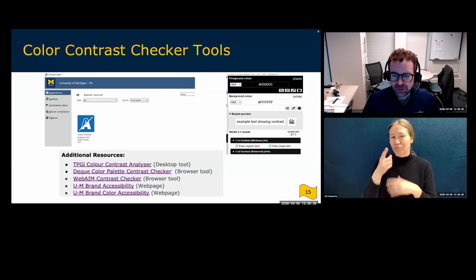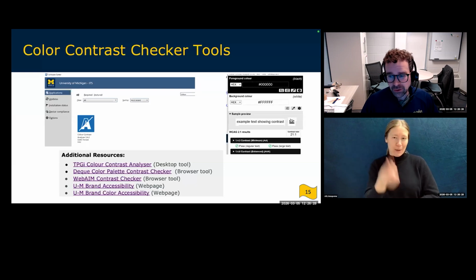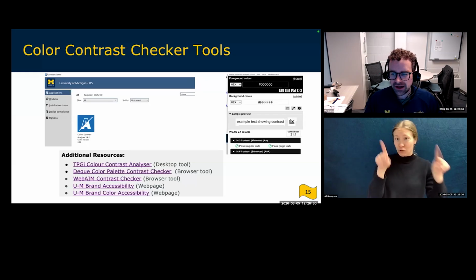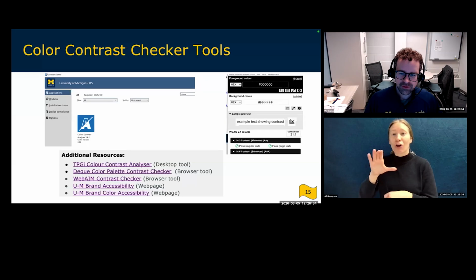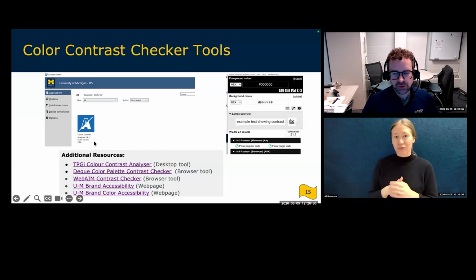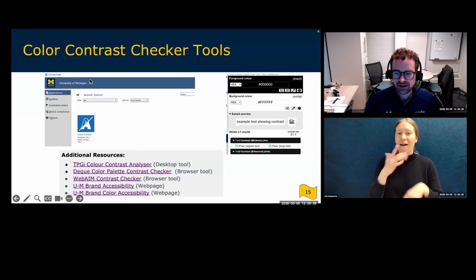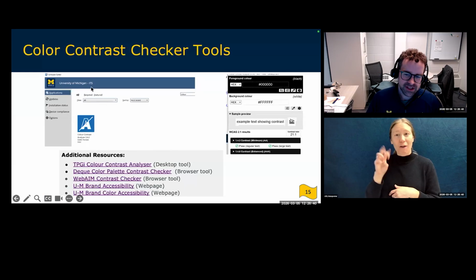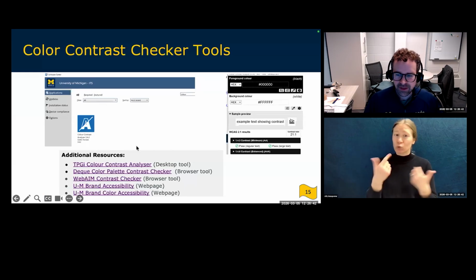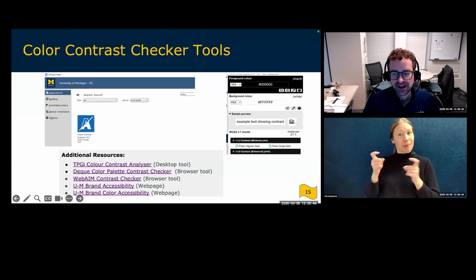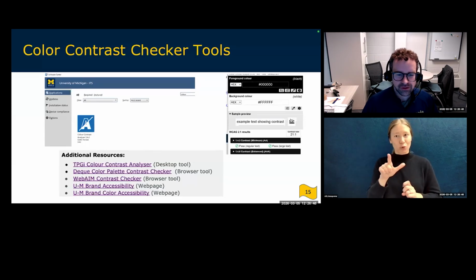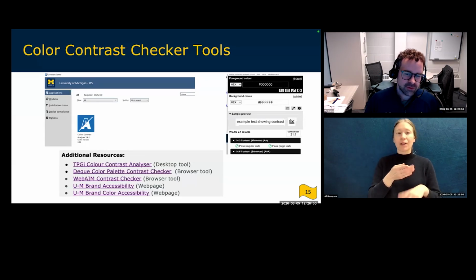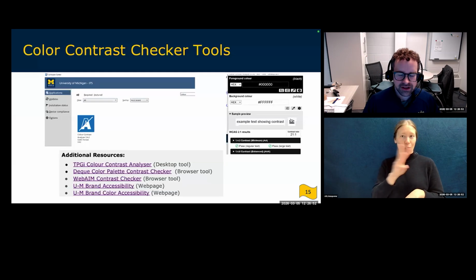So on the screen, we have two screenshots related to a tool that we recommend, which is the Color Contrast Analyzer. The first screenshot on the left demonstrates that the Color Contrast Analyzer tool is available in the University of Michigan Software Center, which means that anyone who uses an ITS managed computer has access to download this tool. It's actually an open source tool and can be downloaded directly from the TPGI website as well, and that's linked in our additional